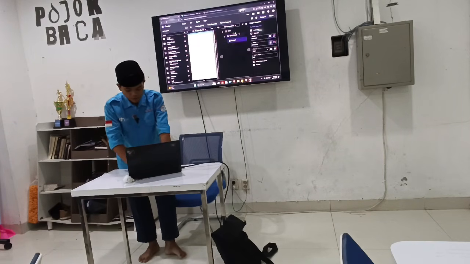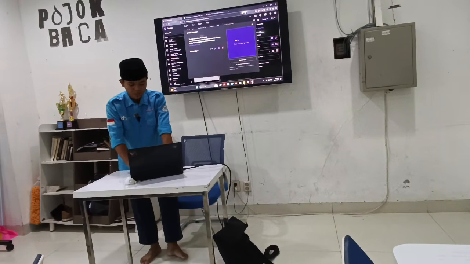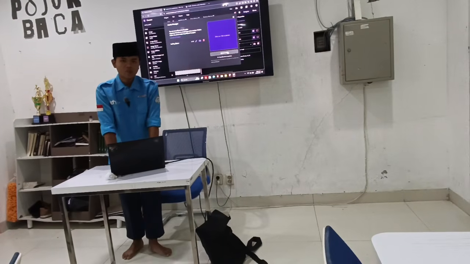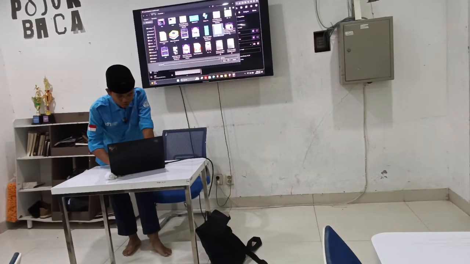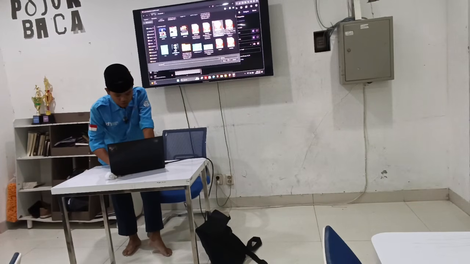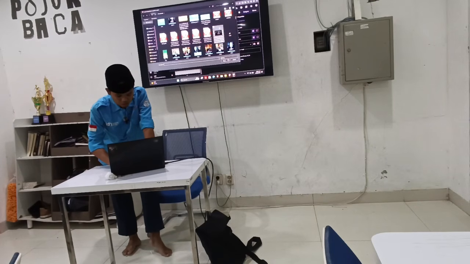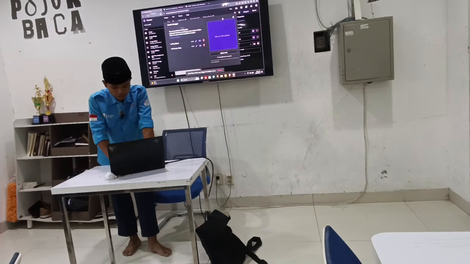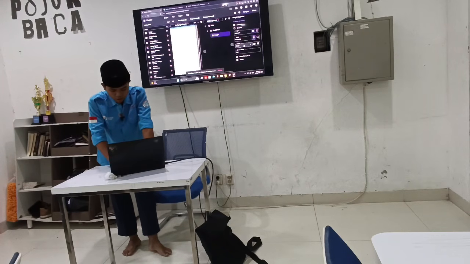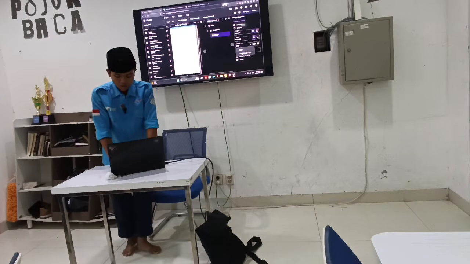To add your image, you need to upload it again to Assets Manager. For example, if you have any image, I'm just going to add an image, just this one. And then after that, you can choose the image.